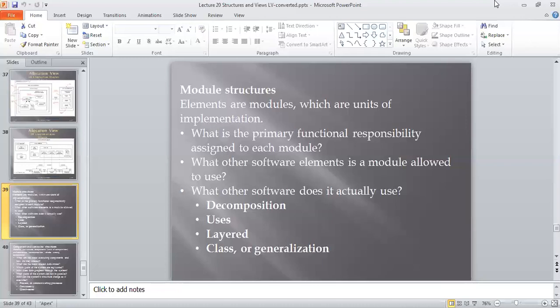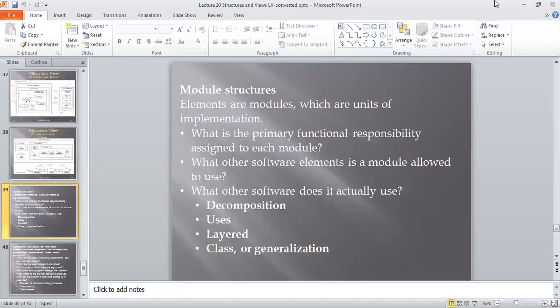Why is it known as the four components of a module structure? First, we discuss that it satisfies the customer requirement with primary functional responsibilities. The next is to check whether the particular system is integrated with a number of modules and whether it is allowed to use them or not, and then how it is internally and externally impacted in the architecture.